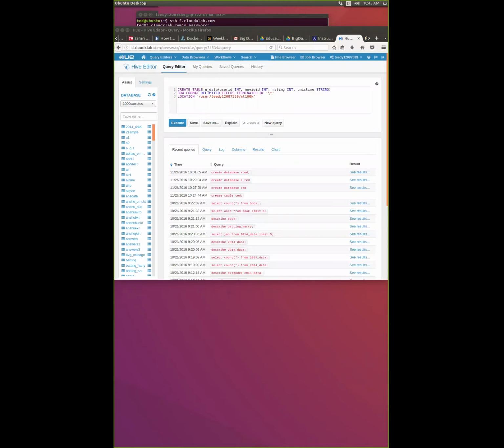So in case you are getting table exists, just check whether you have selected the right database or not. Use database and you give your own database name. Okay, so Ted, can you try executing that create database one?